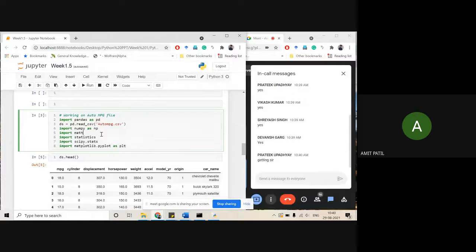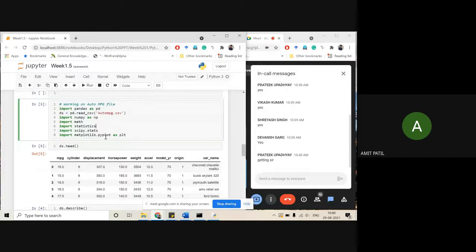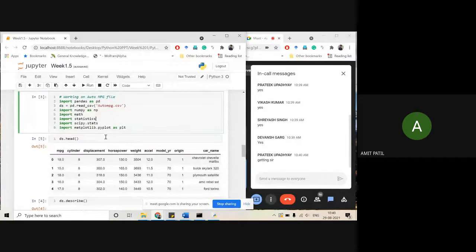So we'll do the outliers. We'll move on with how to call the outliers from our data set. First we need to do this: import your pandas library and then read the data frame that you are going to work with. This is how you import your data set into the Python Jupyter IDE.